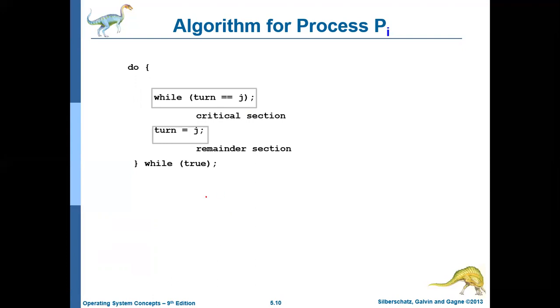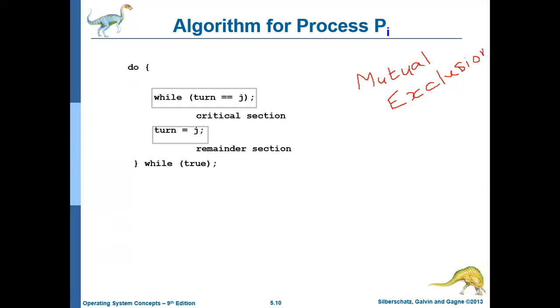It is achieving something called mutual exclusion. This mutual exclusion is a key term in the context of process synchronization. So what is mutual exclusion? Mutual exclusion means that if one process is in the critical section, then no other process should be in the critical section. If process X is in the critical section, then no other process should be allowed to be in its critical section. That is called mutual exclusion.